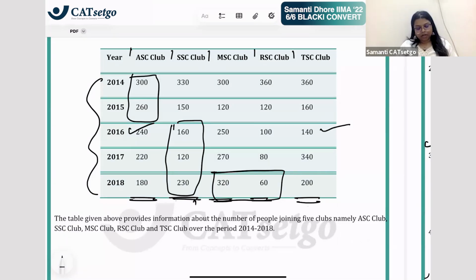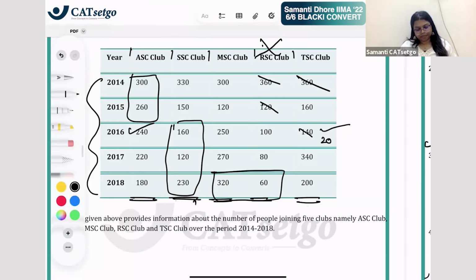अब इन दोनों को अगर तुम compare करोगे, तो तुमको कुछ data points दिखेंगे जो बहुत same है, and then you can just eliminate it. Like say for example these two, you can eliminate, है ना? उसके बाद ये 120 है, 140 है, इसके पास 20 extra है, ठीक है? And then if you look at the data, you clearly know that RSC club is not in competition. TSC club is definitely winning. Now between TSC club and MSc club, let us compare between these two. When we compare between these two, these are 60 left. ये 120, 140 है, तो 40 एडजस्ट हो गया. इसके पास 20 एक्स्ट्रा है.